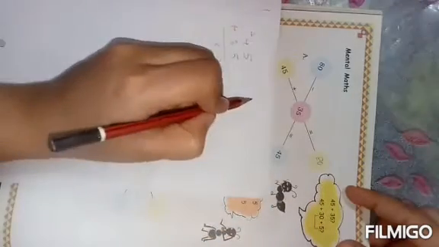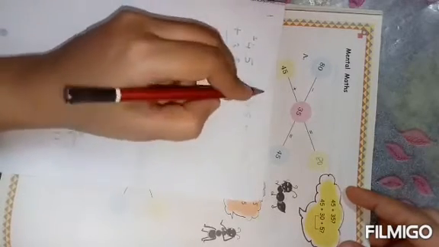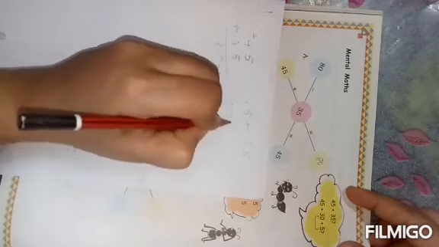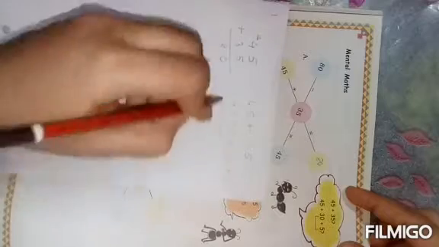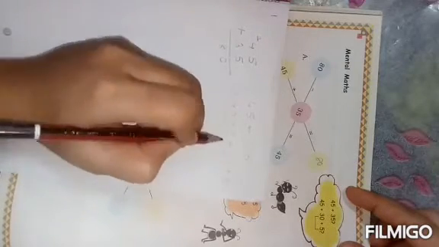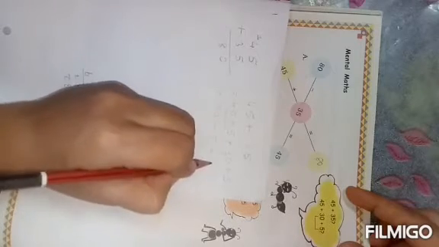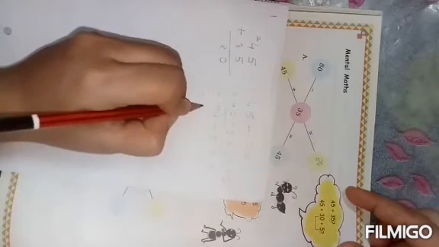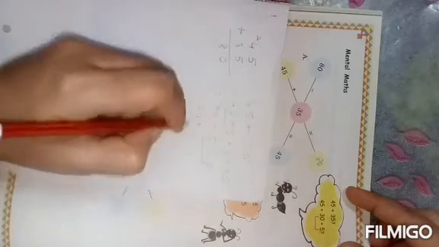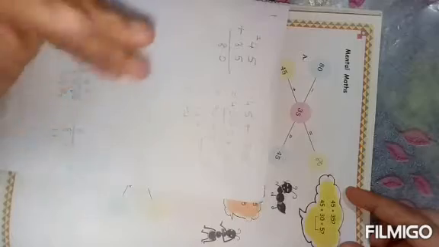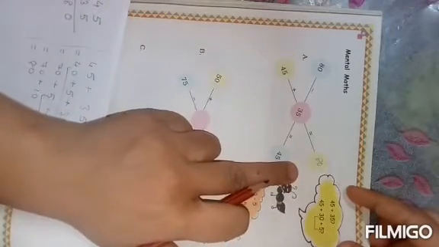Or else you can do like this also, which we have done earlier. 45 plus 35 we have to do. So you can split this number as 40 plus 5 plus 30 plus 5. We are going to add these two numbers. This will become 70 plus this 5 and plus the other 5. The answer you will get here will be 70 plus, I am adding these two 5s, I will get 10, that is 80. Any way you want you can do this sum. So the answer which I got here is 80.